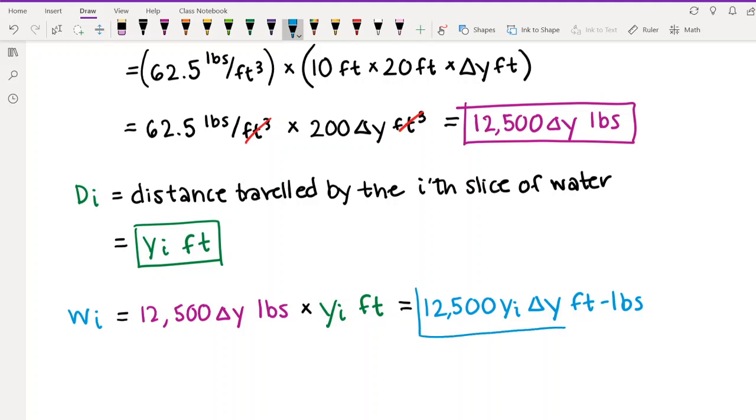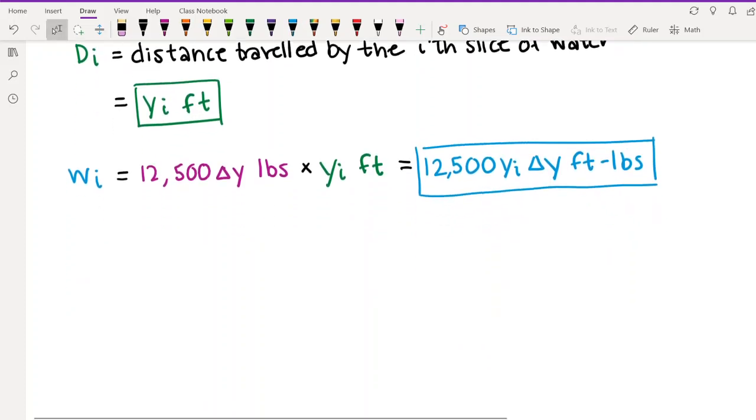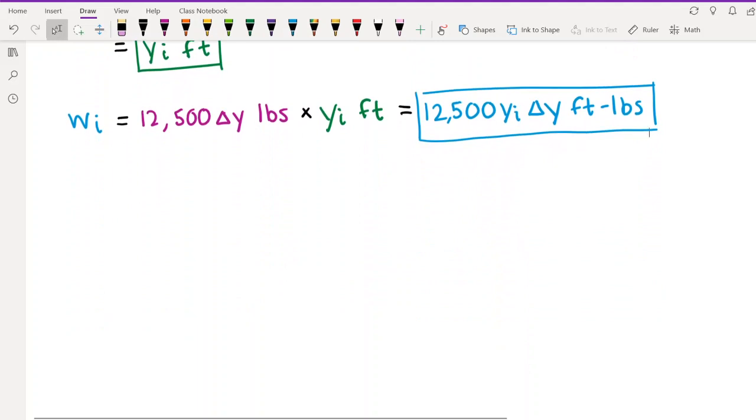Okay, so we're almost done. Now, this was the hard part. The hard part is setting it up, because we know that basically now we're going to turn it into an integral. I'm still going to write out the reasoning behind that because I like to, but at this point you might already see how you're going to turn this into an integral. So the total work